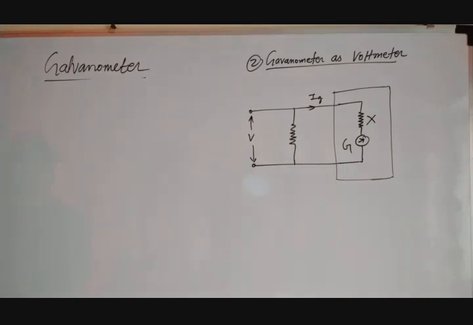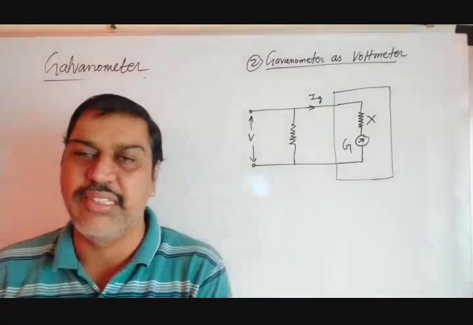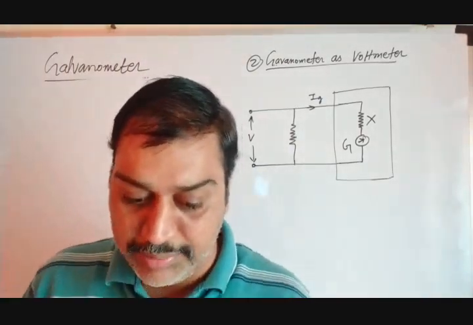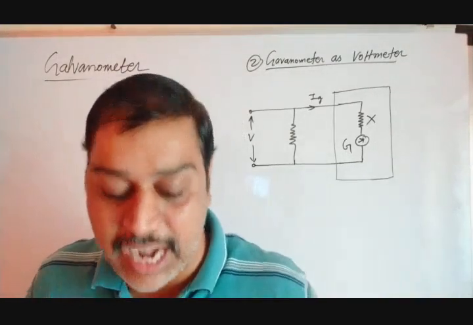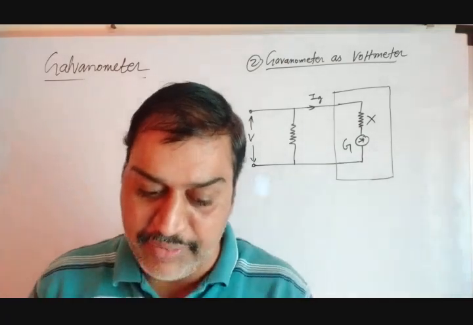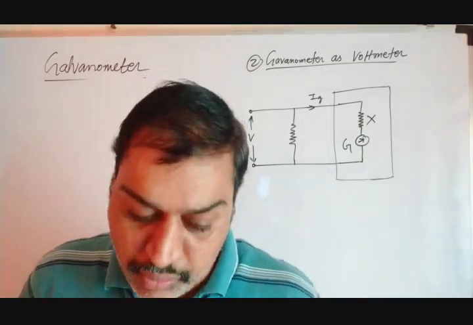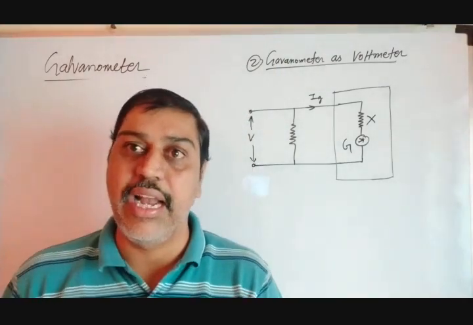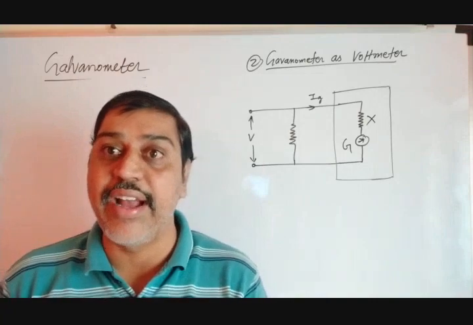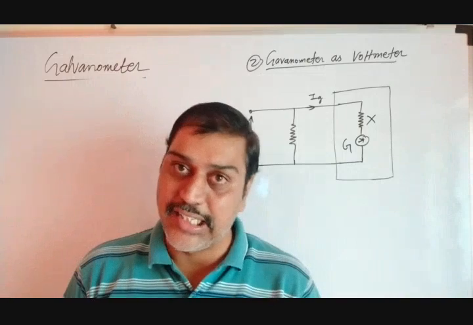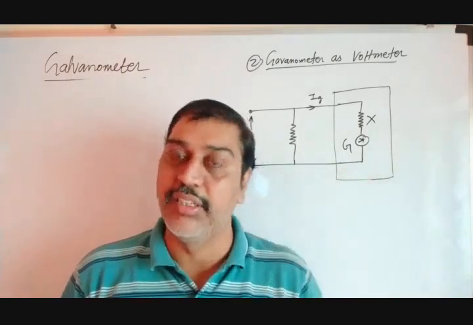So what will occur in this case? Again, there are 3 points mentioned in your book, the same as we have seen in the case of current, now for voltages. The first one: its voltage measuring capacity must be increased to the desired value. Initially, it is current measuring for the ammeter; now it is voltage measuring. Second, its effective resistance must be increased. Why do we have to increase the effective resistance? Because whenever a voltmeter is connected in the circuit, an ideal voltmeter has infinite resistance. That's why we want to increase the resistance of the galvanometer.